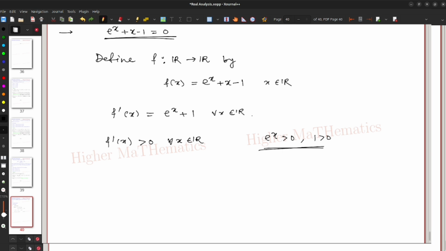Therefore their sum is also greater than 0. Therefore we can conclude that f is strictly increasing